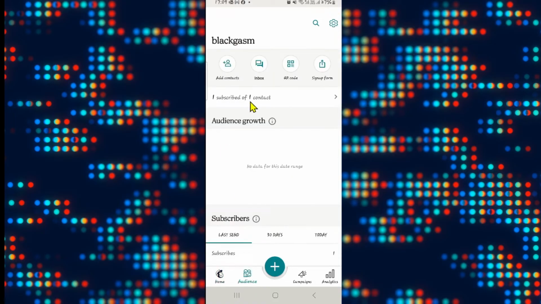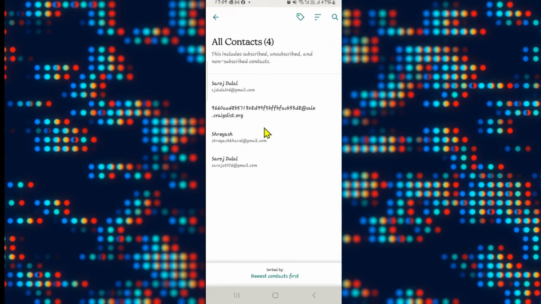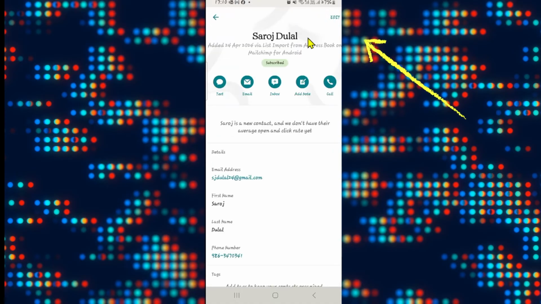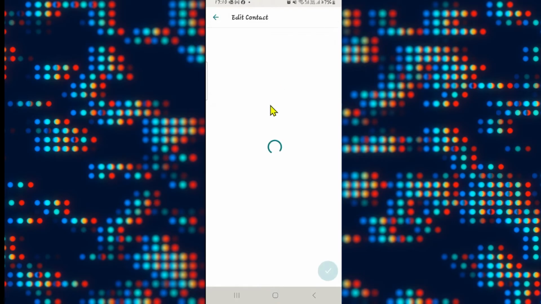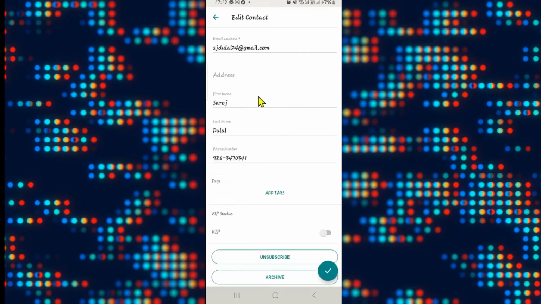You will now find your subscriber and your contact number. Tap on this and you will be shown the list of all of your contacts. Now tap on the contact that you want to edit and you will find the edit button at the top right corner. Go ahead and tap on this,